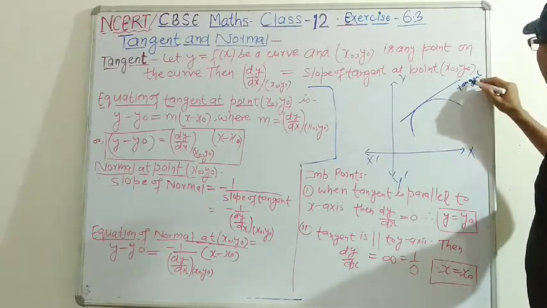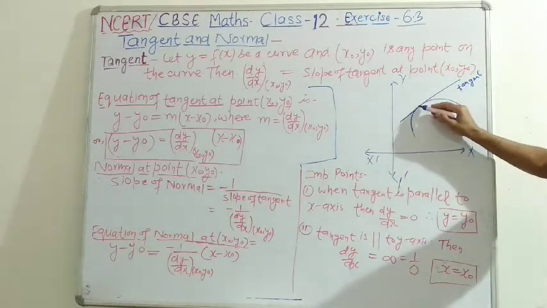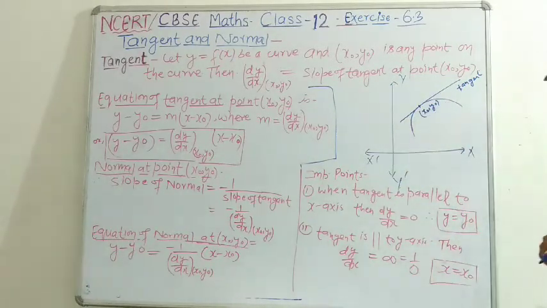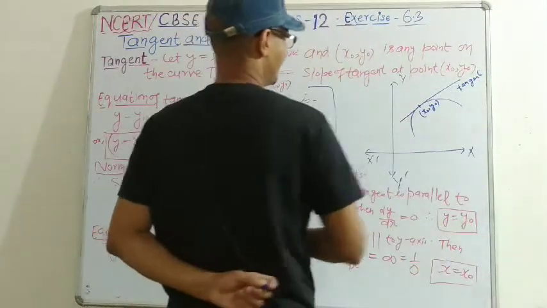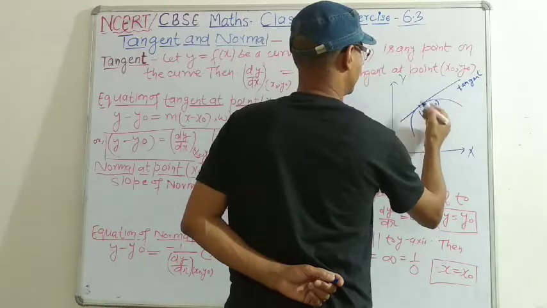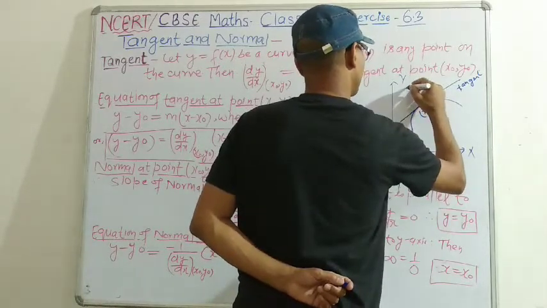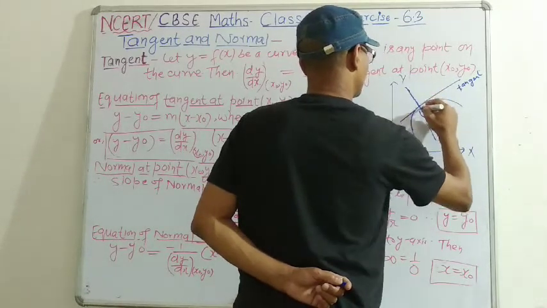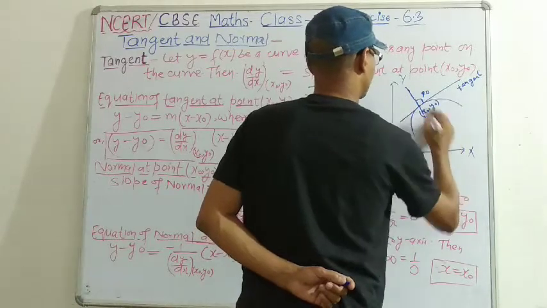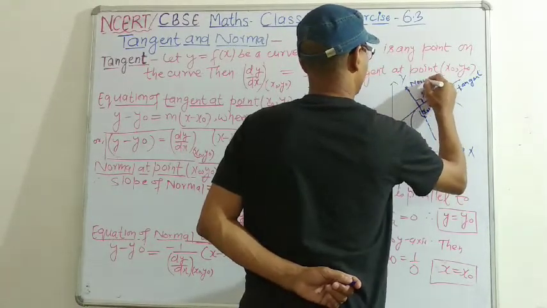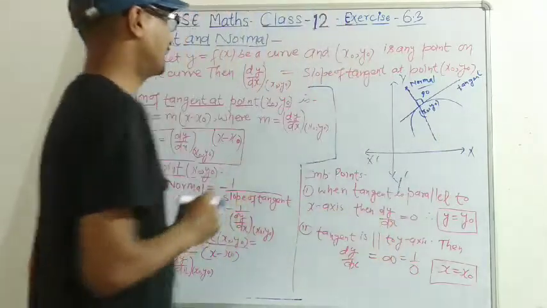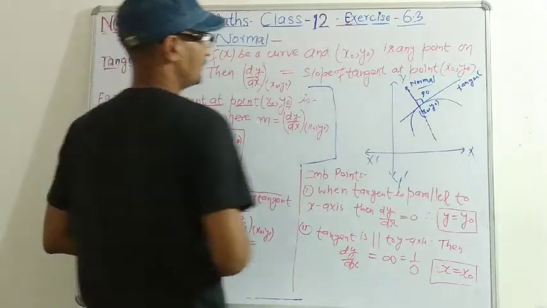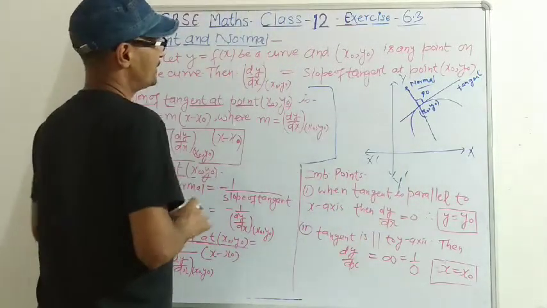You studied in class 10, 11 also. टेंजेंट एक पॉइंट पर टच किया, and this point is suppose (x0, y0). So this line is tangent touching at a single point, and if we draw one perpendicular, if it is 90 degrees, so this line is known as normal. परपेंडिकुलर को हम लोग क्या बोलेंगे? नॉर्मल. तो ये टेंजेंट रहा, ये नॉर्मल. और इसकी इक्वेशंस आप गिवन हियर, टेंजेंट एंड नॉर्मल.